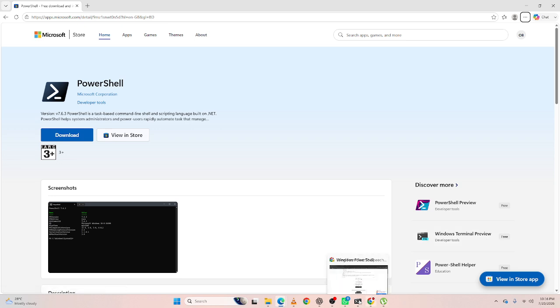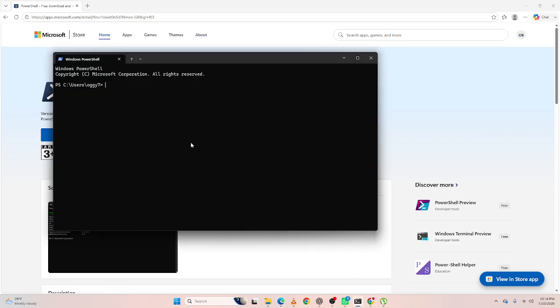Before making any changes, check your current execution policy by running the following command. Get-ExecutionPolicy. You might see values such as Restricted, RemoteSigned, AllSigned, Unrestricted, or Bypass. If you want more detailed information, run this command to view execution policies for every scope. Get-ExecutionPolicy -List. This shows whether the policy is applied at the MachinePolicy, UserPolicy, Process, CurrentUser,